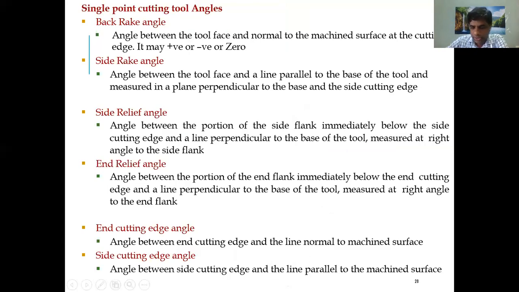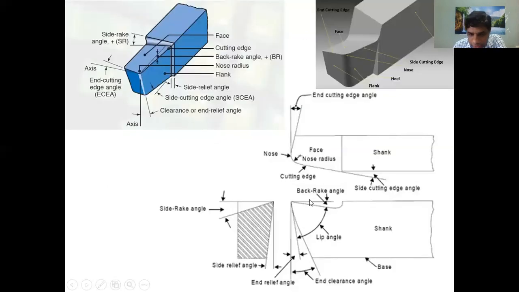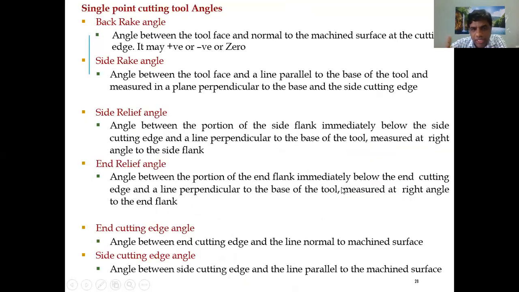So whatever you see in this one, sometimes the tool may be flat. If it is a flat tool with a sharp edge, or some radius of curvature given, in this case the back rake angle becomes zero, right? This is considered a positive back rake angle. Sometimes you can get a projection like this, and this projection gives a negative back rake angle. So the back rake angle may be positive, negative, or zero, depending upon conditions and depending upon the material.